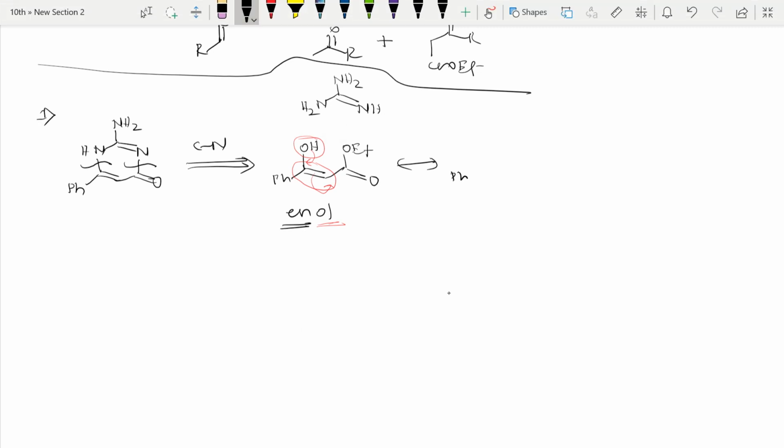So Ph, CO, CH3, the H came here, OEt here, and double bond O, right? So if I number, see 1, 2, 3, right? So it will be a 1,3 relation. So I can split here. See, here we disconnect. Split means disconnect here, we should use the name. So next I can do the retrosynthesis like this, right?